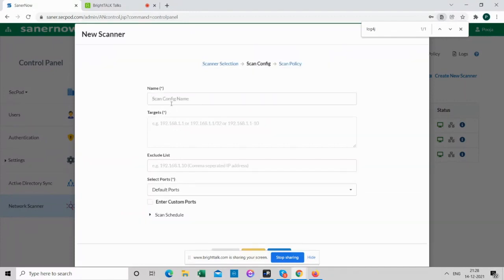Scan config name, this is just a name or a placeholder for you to identify the vulnerability or whatever issue you want to figure out easily. And targets, I can give a subnet or a network or the exact IP. It again depends on my choice.